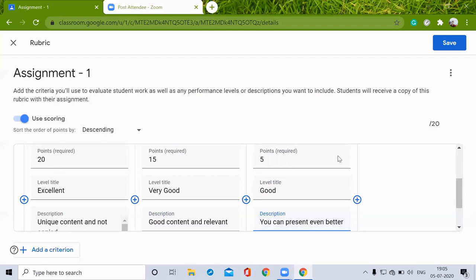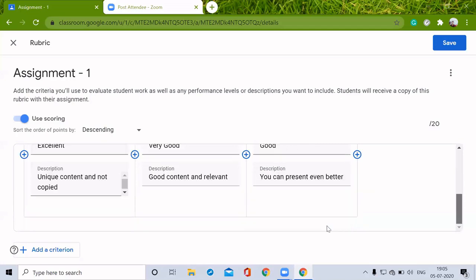So from the 30 points, I have assigned 20 points for the content. And I'm just going to add another criterion by just clicking this add a criterion.